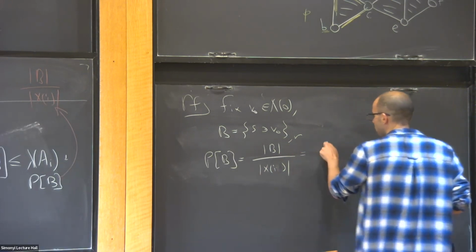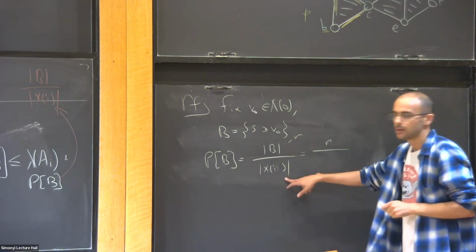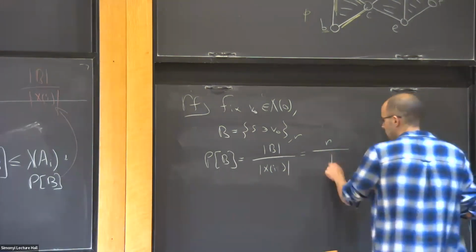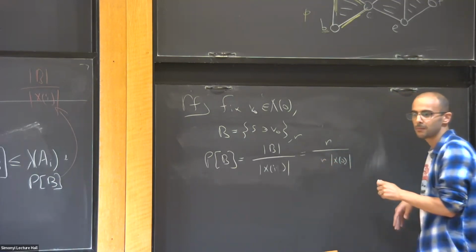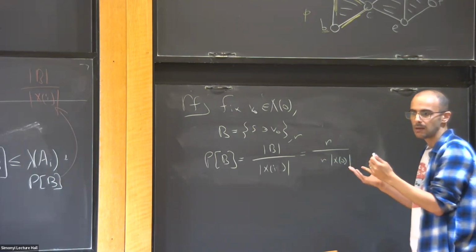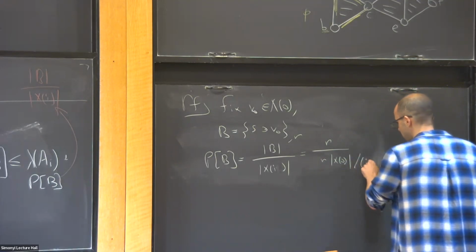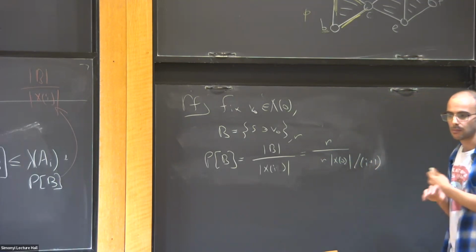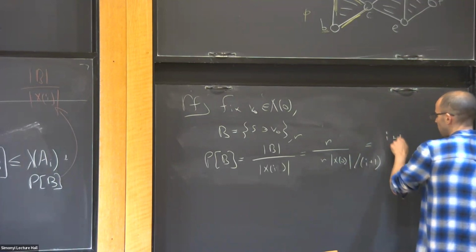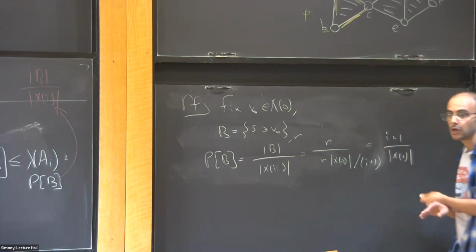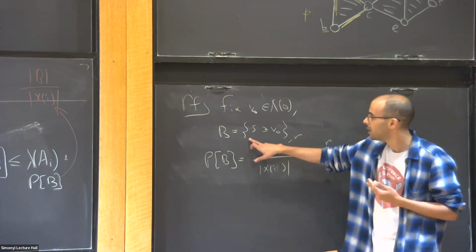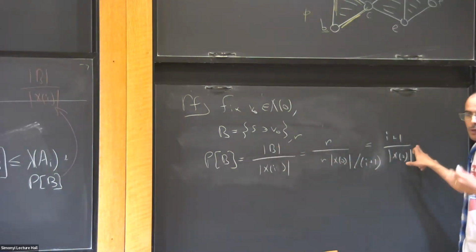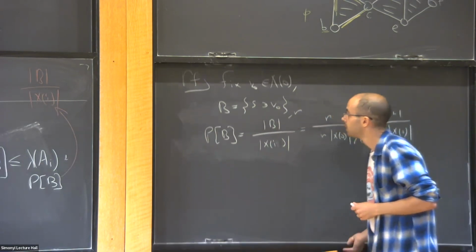So this is this regularity divided by, how many I faces do I have? I will count them like this. I'll take the number of vertices times the regularity, but I counted every face I plus 1 times, so I need to divide by I plus 1 because I'm looking at I faces. So this is I plus 1 over the number of vertices, or in general, a very, very small set. By the way, I don't really need regularity here. It only makes life easier. I can always find a set with this bound on its probability. Okay, however,